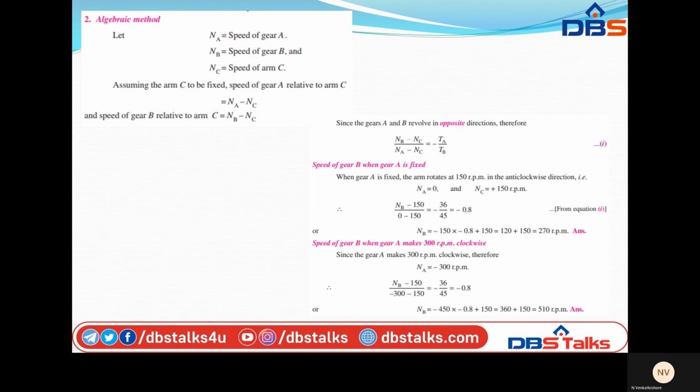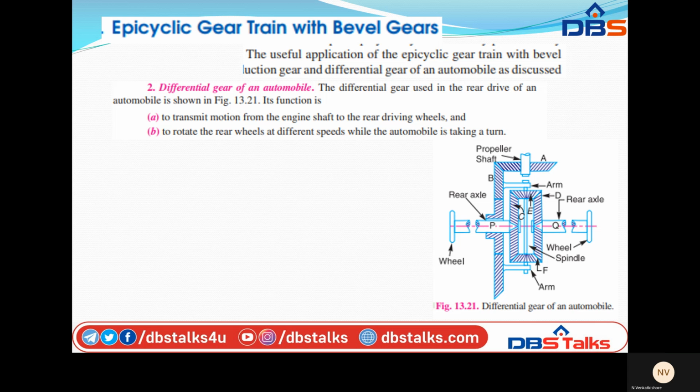Next, epicyclic gear train with bevel gears. So the next heading is epicyclic gear train with bevel gears. What is the purpose of bevel gears? We know epicyclic gear trains, right? But what about the bevel gears? The bevel gears are used to make a more compact epicyclic gear train system, and they permit a very high speed